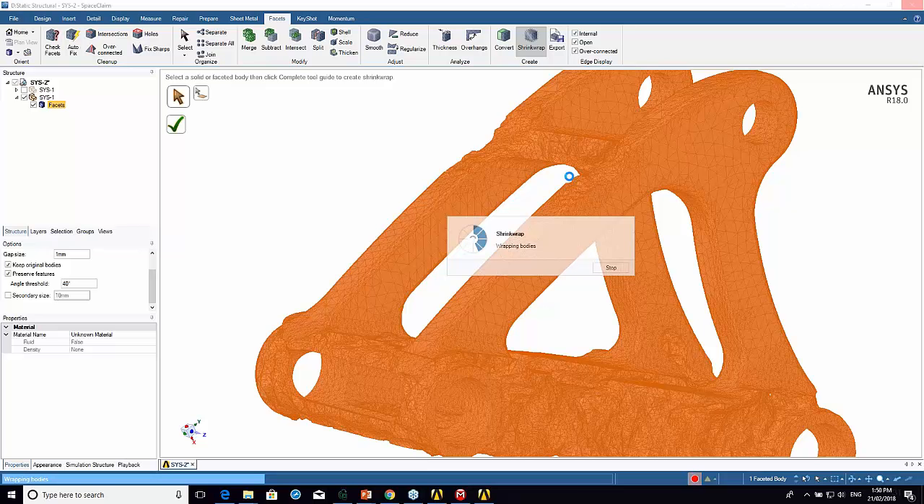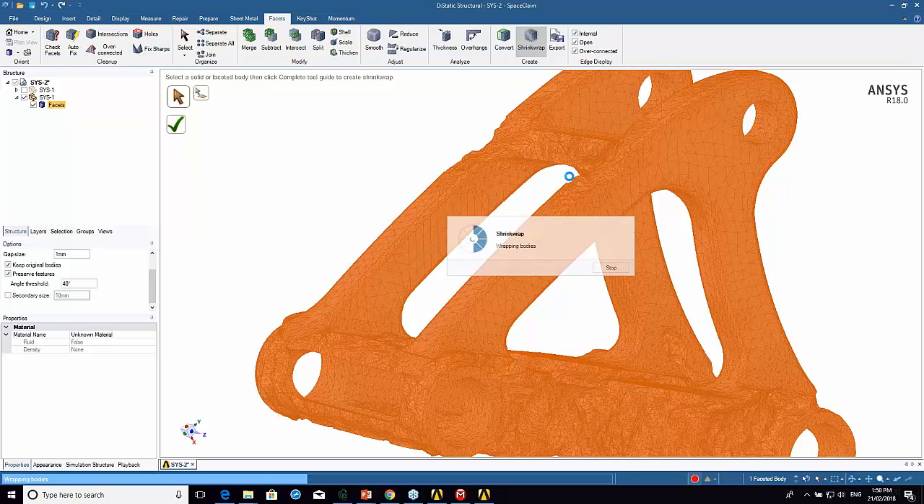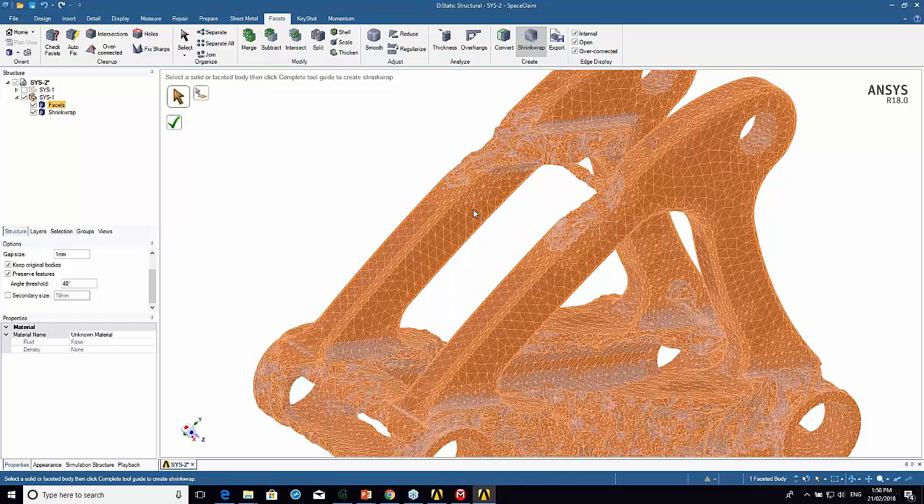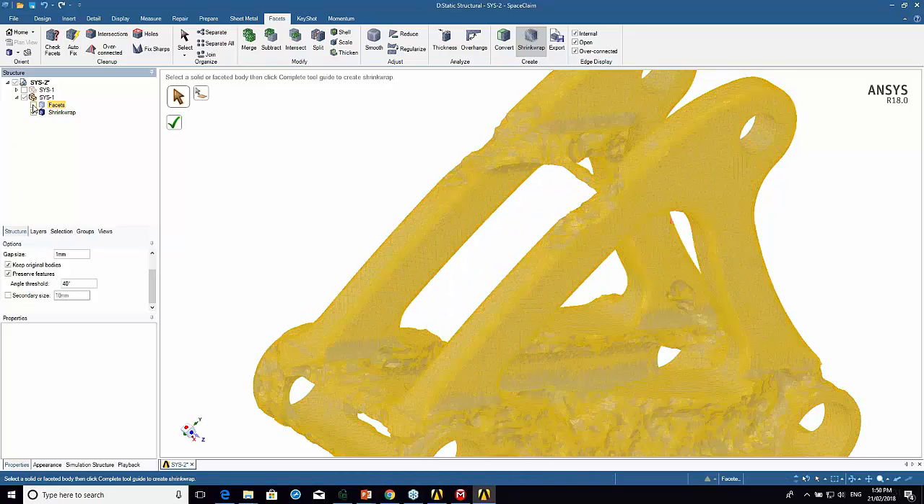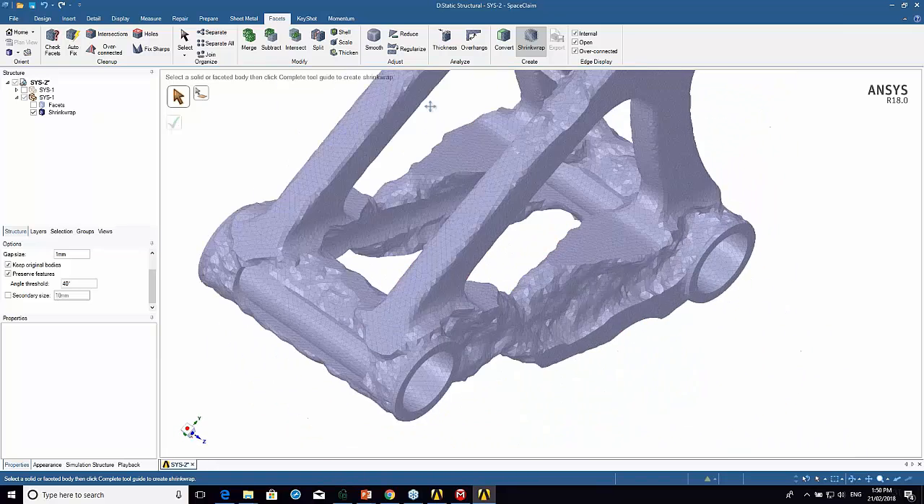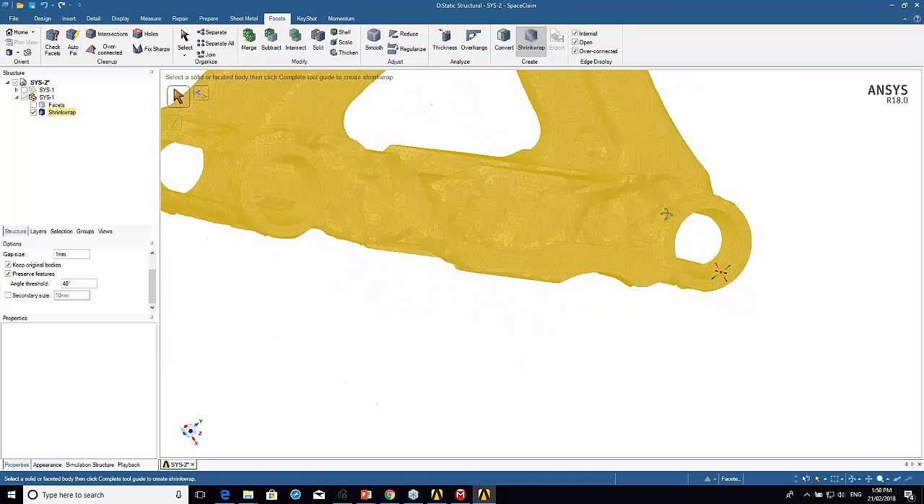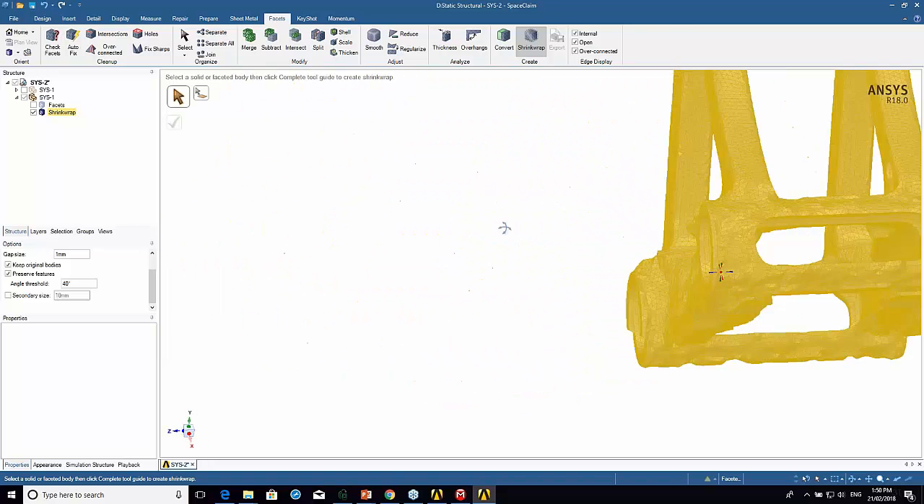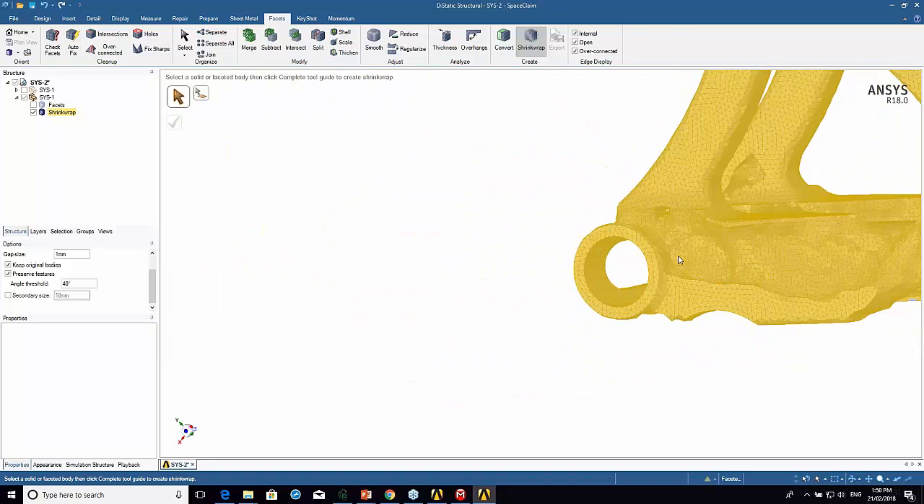So I'm just trying, this is a bit of a trial and error process. You have to sort of try a few different things. So it's very important that you keep the original body so that it's not lost. Okay, so once we have that,